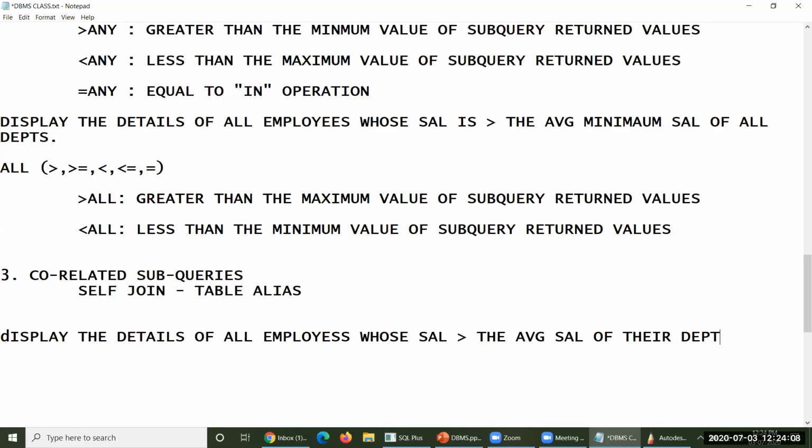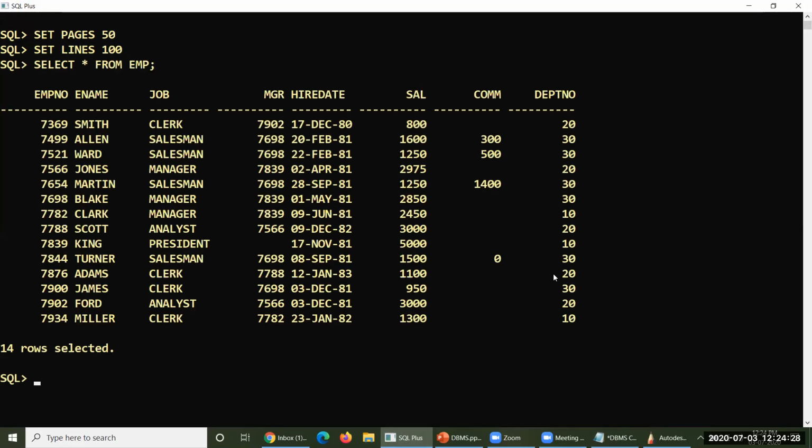Let us have a look here. Set pages 50. Set lines 100. Then select everything from EMP. This is the outermost query. Then the innermost query will be select DEPTNO, comma, AVG of SAL from EMP. Since aggregate functions are there, group by will be taken into consideration. Group by